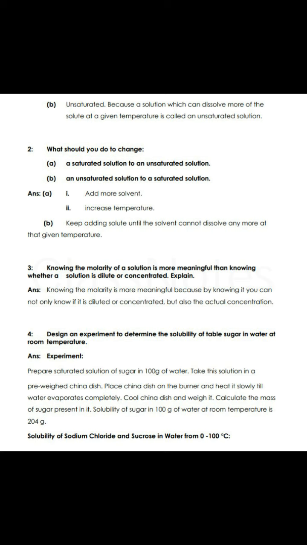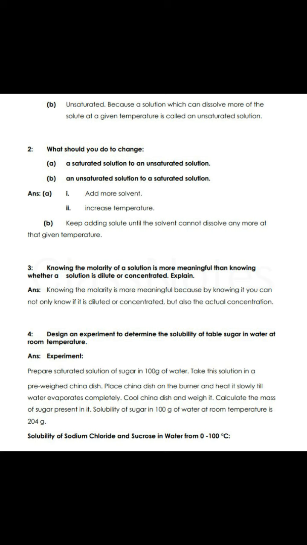Calculate the mass of the sugar present in it. The solubility of the sugar in 100 grams of water at the given temperature is 204 grams. You have to remember this. This is your calculated value, that the solubility of sugar in 100 grams of water at room temperature is 204